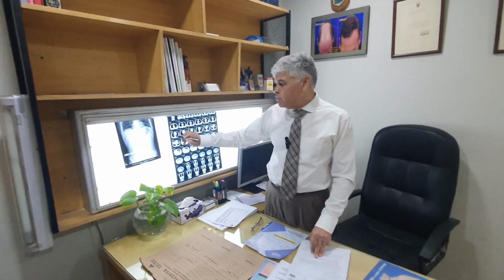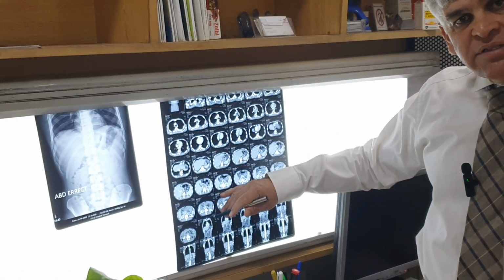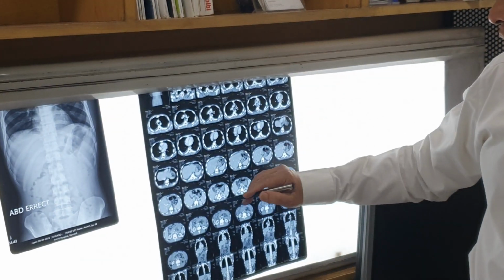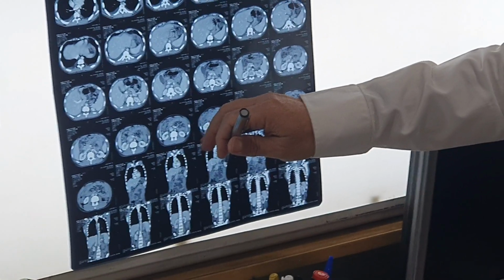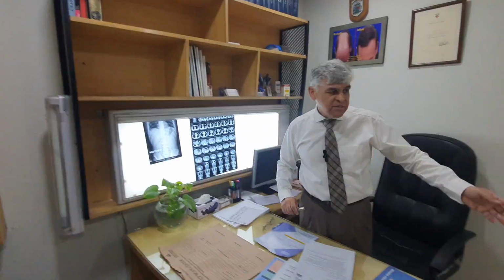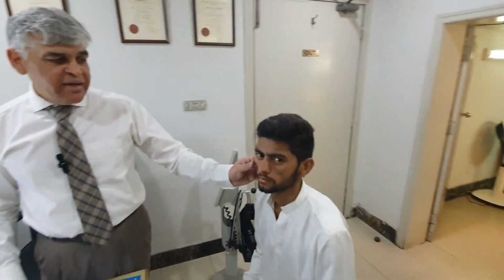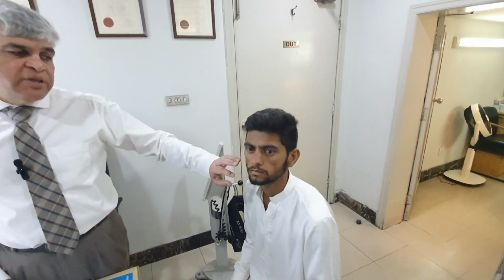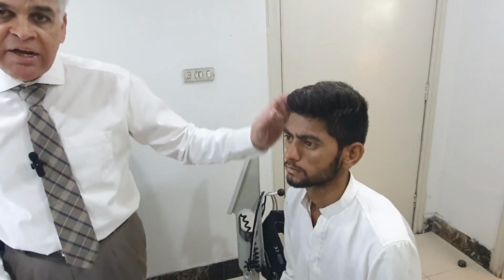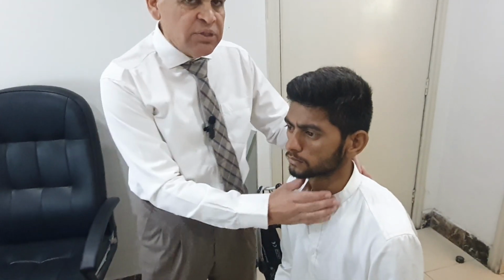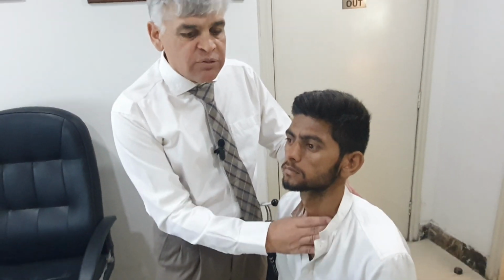So perhaps the pleural effusion may be irrelevant in his case. It's mild. Perhaps it may be there for a long time, but there isn't much to find on abdominal CT scan or even abdominal examination. And if you look at his face, you can see that he is not pale. Tuberculosis of the abdomen causes severe malnutrition. It's a long history, and the patients are usually emaciated because of malabsorption. You can see that the face is pink, the ears are pink, so that means he does not have malabsorption. I've checked his lymph nodes, and they are all intact.